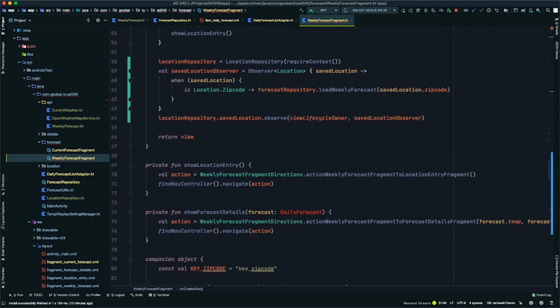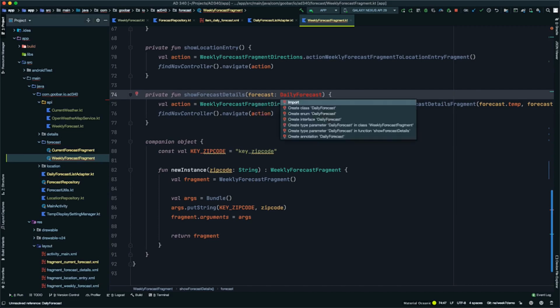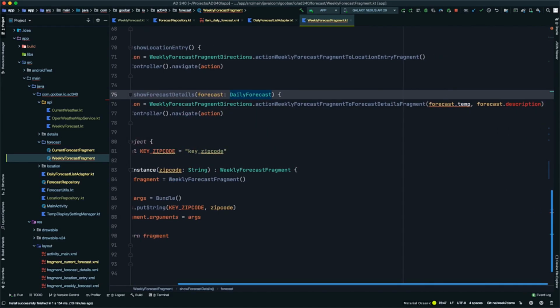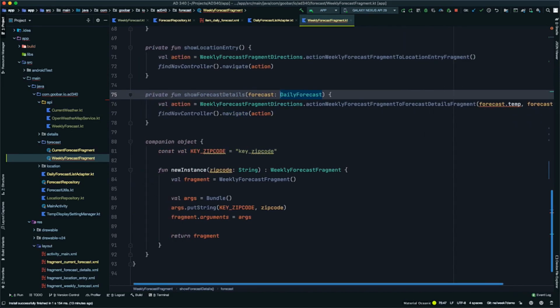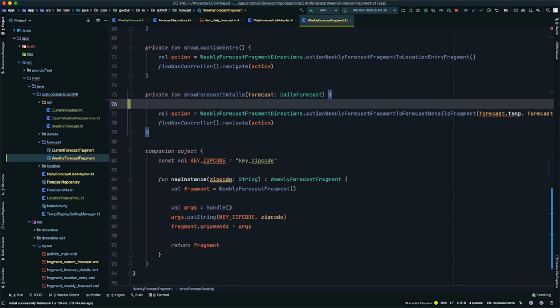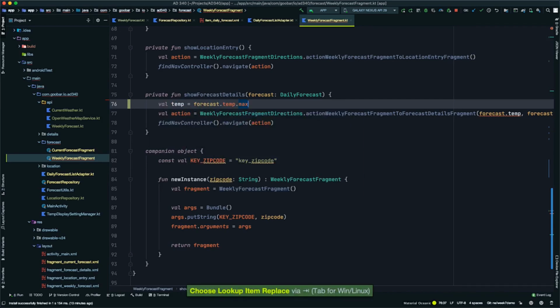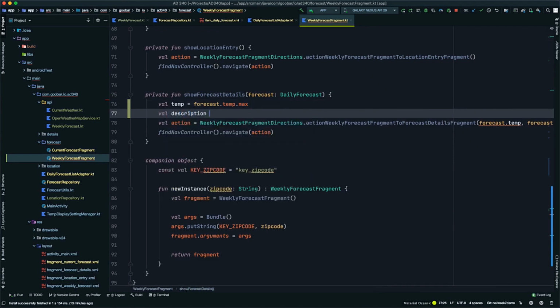Details, we also are going to want to update how we are passing this data in. So again, let's update the import for daily forecast. And then now we're going to need to update how we're getting the temperature and the description. So let's create a new property for the temperature. So we'll say val temp equals forecast.max, and we'll say val description equals